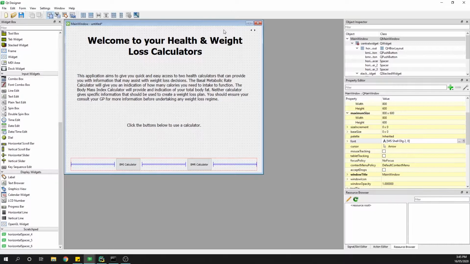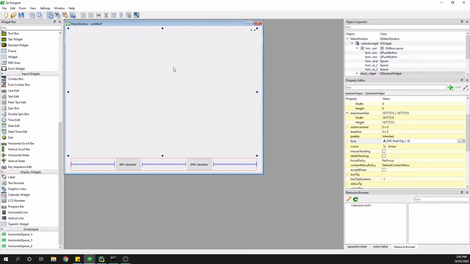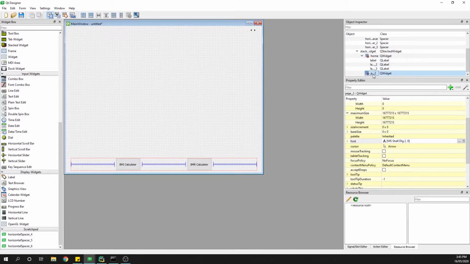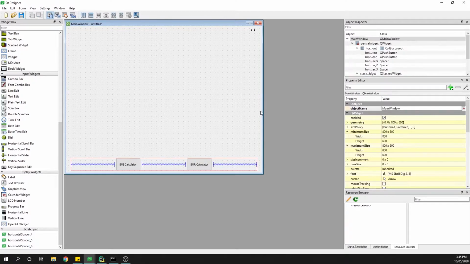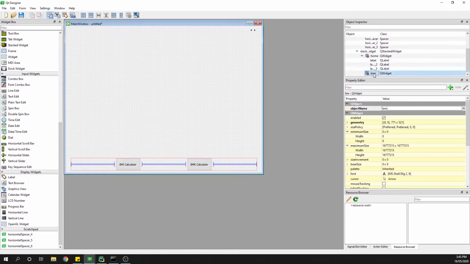Now our next page that we're going to be building is going to be our BMI calculator. So we need to very quickly come over and make sure that on page 2 here, we are renaming our object so that we can target that one a little bit later. So I might just leave it as BMI for now. And then inside of our stacked widget on our BMI page, okay, so now that we've got that one selected,